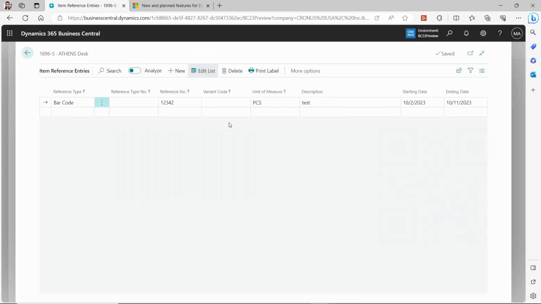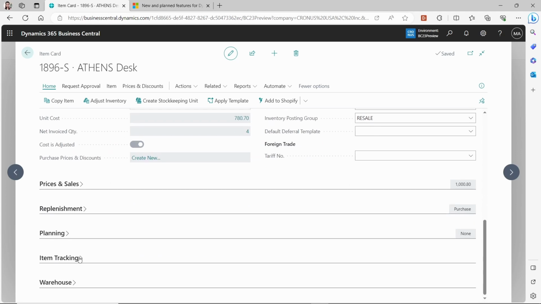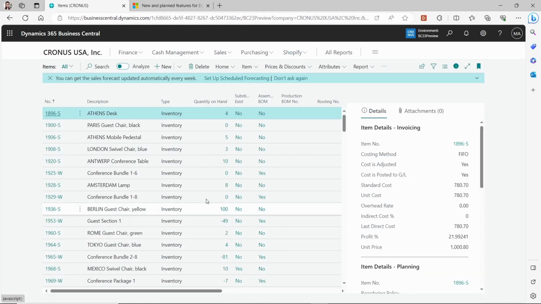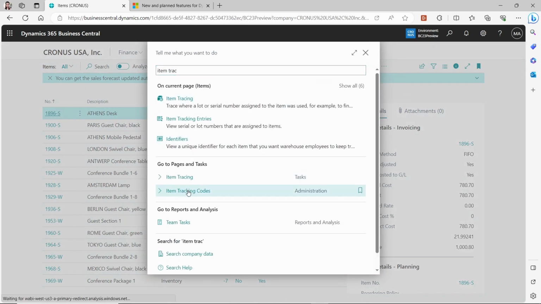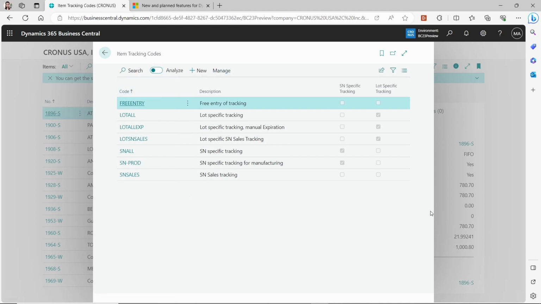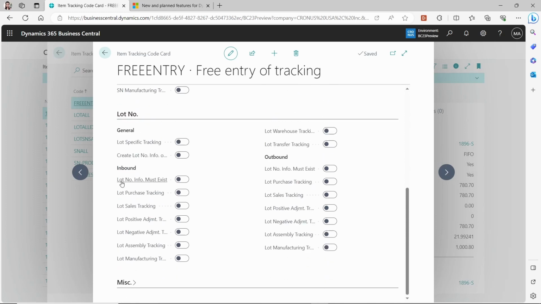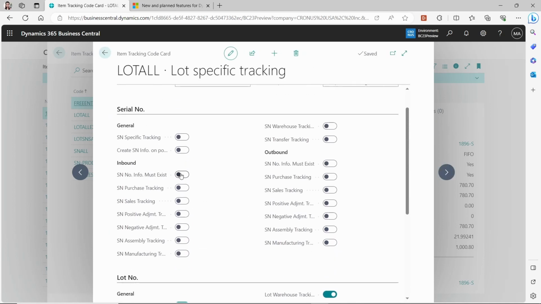Okay. And in item reference, you can also print it on the lot information, depending on whether the lot is tracked or not. Let's see. I don't have this in the lot tracking, but if you have the item tracking code, let's take a look at our item tracking. On the item tracking code you have enabled the lot or serial information. So if you enable this lot number info, and this is a serial tracked item, you have that serial number info must exist,